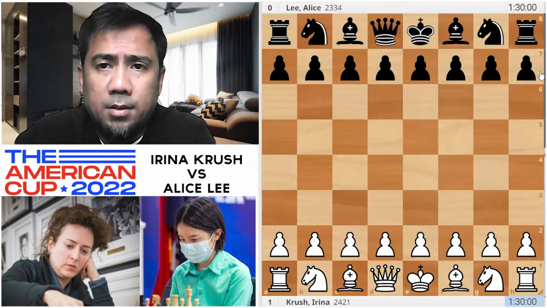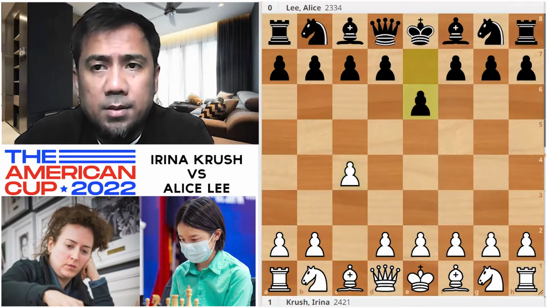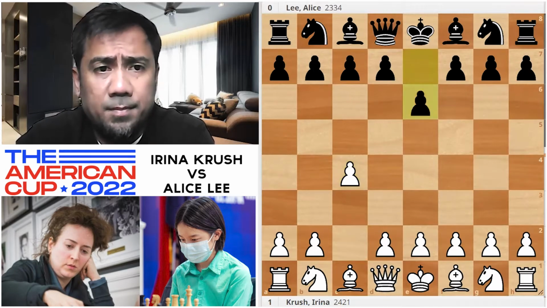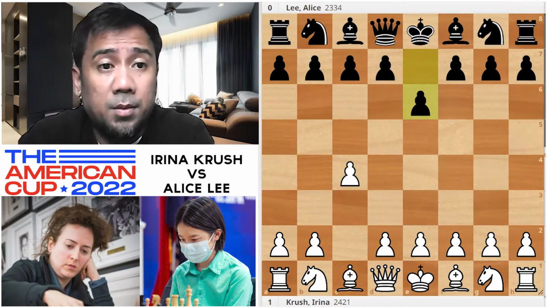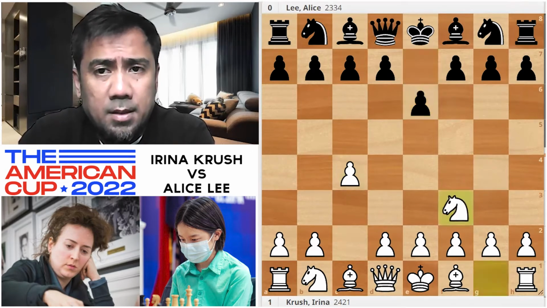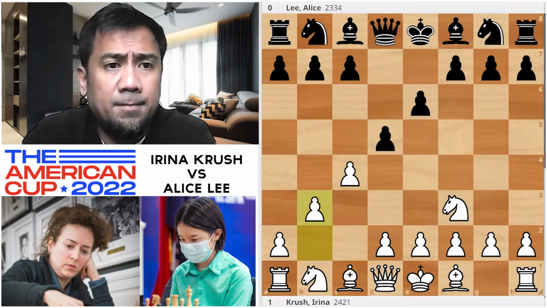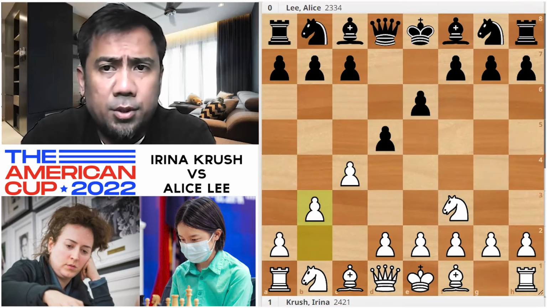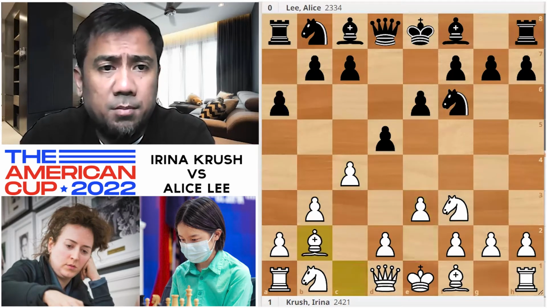Let's check it out. Irina was white, playing English, e6. English is very flexible, so it's actually good to use the English opening in a match. Knight f3, d5, b3. Just a very solid approach. f6, e3. Bishop into b2,